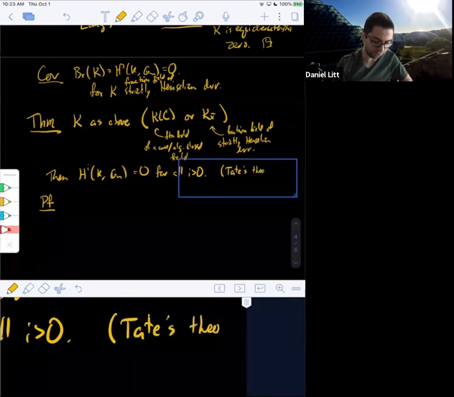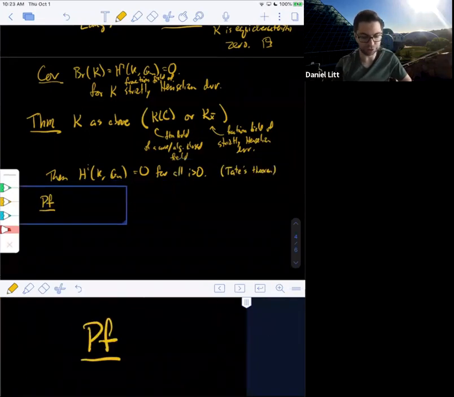Really, Tate's theorem is a more general statement in group cohomology, but I'll just give it in this case, because I'm trying to avoid talking about things like Tate cohomology. But it's cool, and it comes up in class field theory. If you've seen class field theory, or you will see it in the future, then this should be familiar, or will be familiar when you see it later. Okay, so the goal